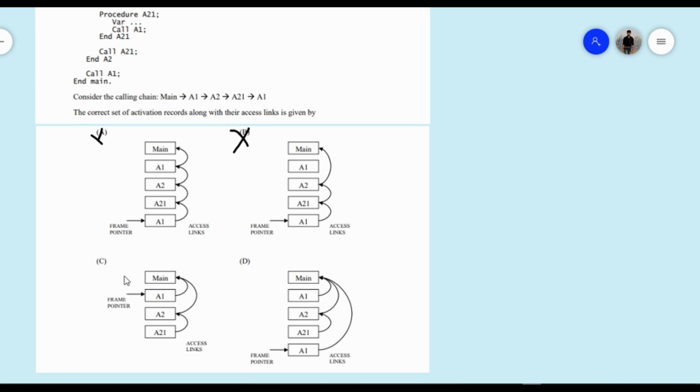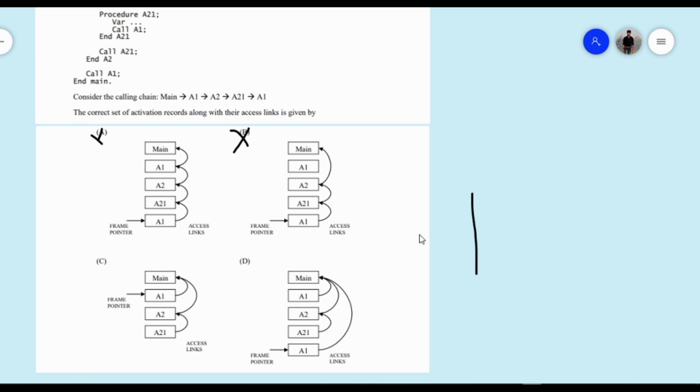Let us see option C. In option C, the access link of A1 is pointing to main. This is correct. A2 is pointing to main. This is also correct. A21 is pointing to A2, and A21 is written inside A2, so this is also correct.